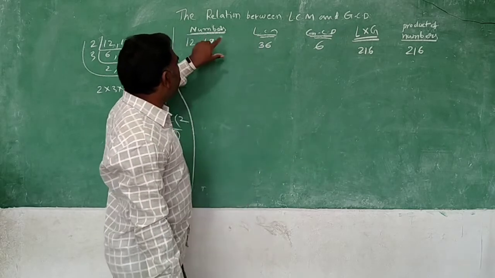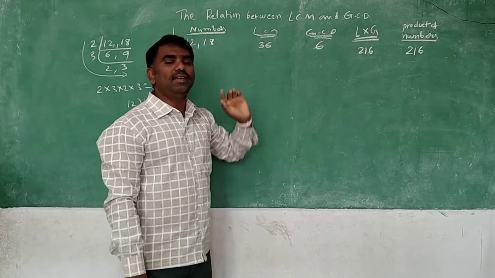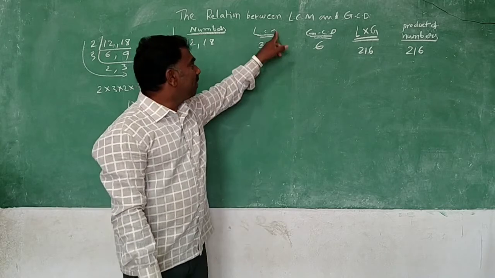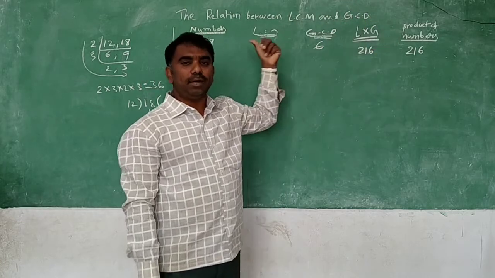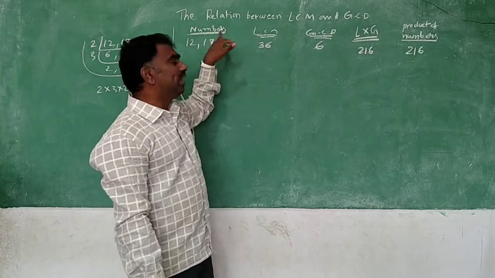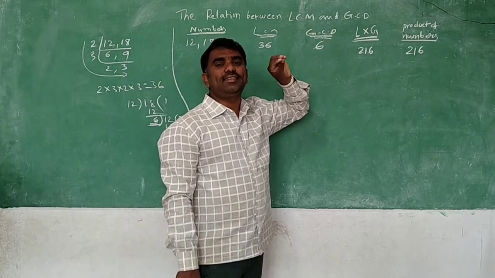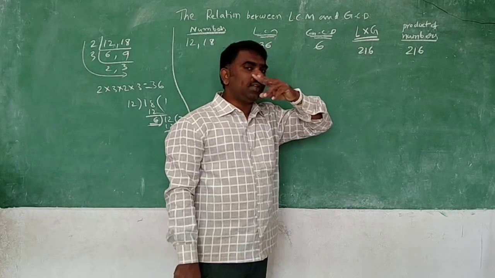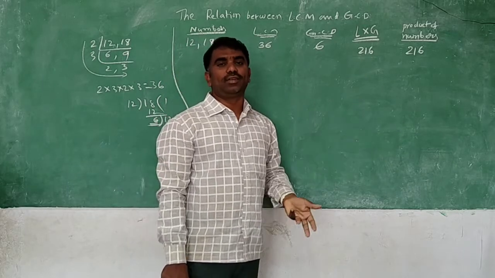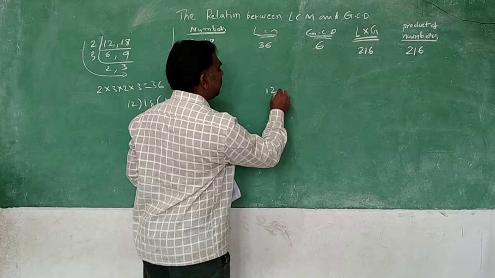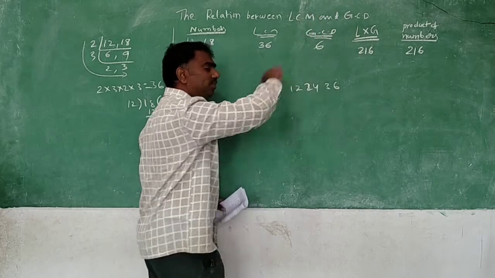Also you can observe here that LCM is always more than these numbers, and GCD is always less than these numbers, because these are multiples. Multiples means the numbers that come in these tables. That's why multiples are always bigger than this. And these are factors, HCF, highest common factor. Factors are always less. When you find the multiples of 12, you will get big numbers: 12 1s are 12, 12 2s are 24, 12 3s are 36, like that.